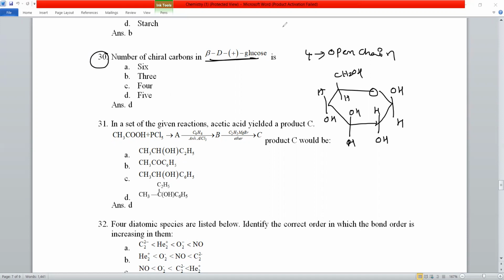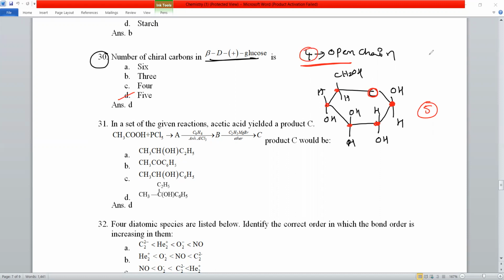So which is the chiral center? First carbon is also a chiral center. Second carbon also a chiral center, and third carbon also a chiral center here. Why? Because the first carbon is involved in the hemiacetal form. Due to this, this carbon is a chiral center. So total 5 chiral centers we have here. It is involved in the hemiacetal form, so that's why the carbonyl carbon is also acting as a chiral center. Chiral centers total should be 5, it's not 4. But in the open chain, it has only 4.